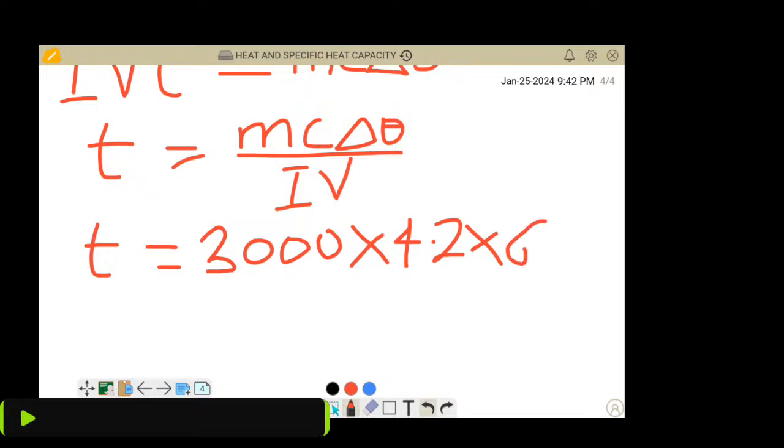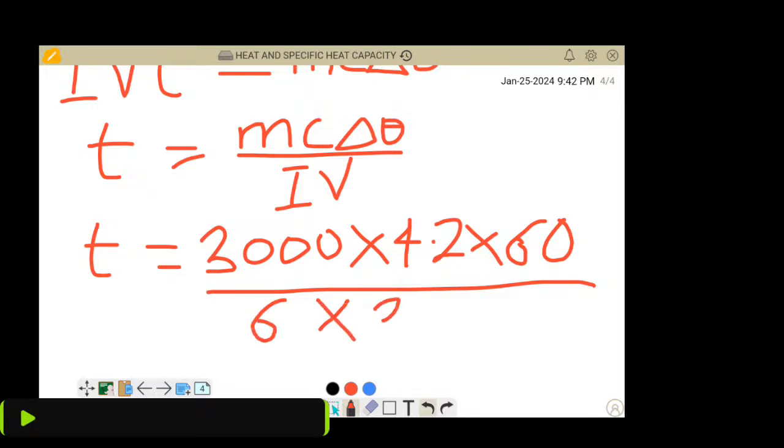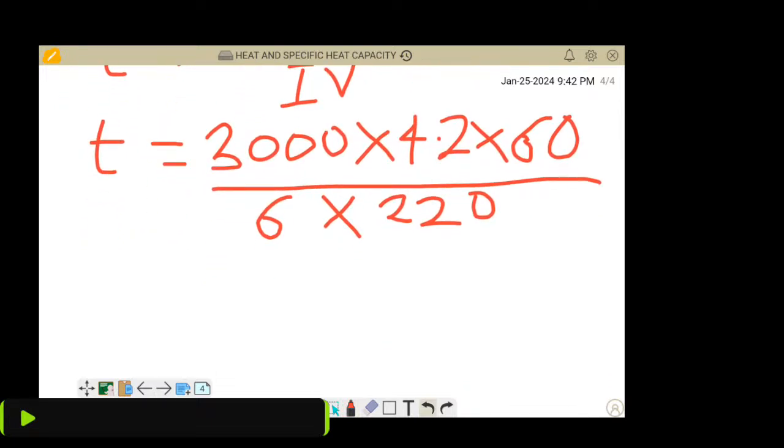That is 88 minus 28, that will give us 60 degrees Celsius. Our I, according to the question, is 6 ampere, and our V is 220 volts. So picking up your calculator and pressing this, you're going to have the value of T to be equal to